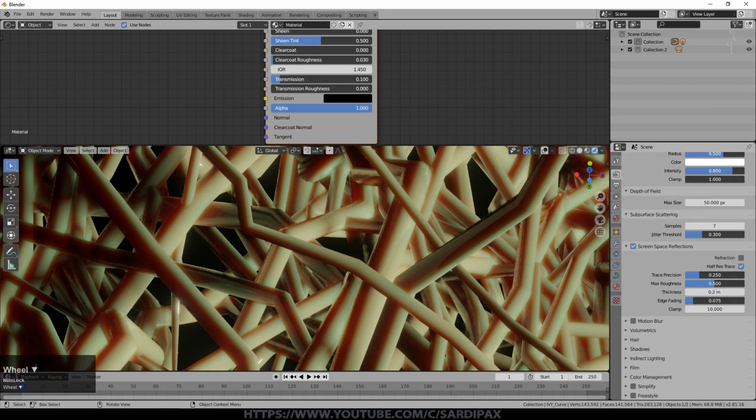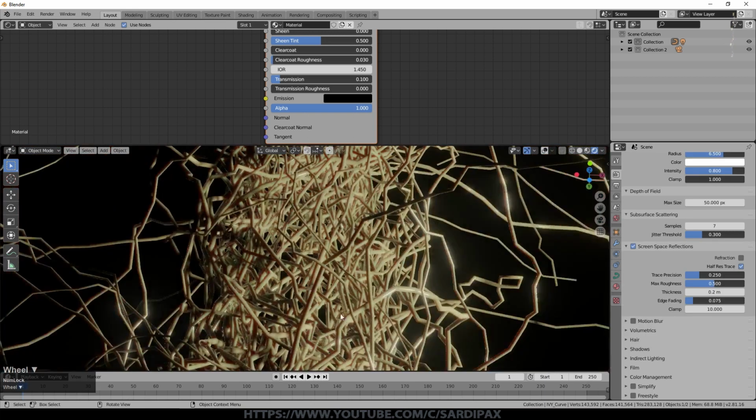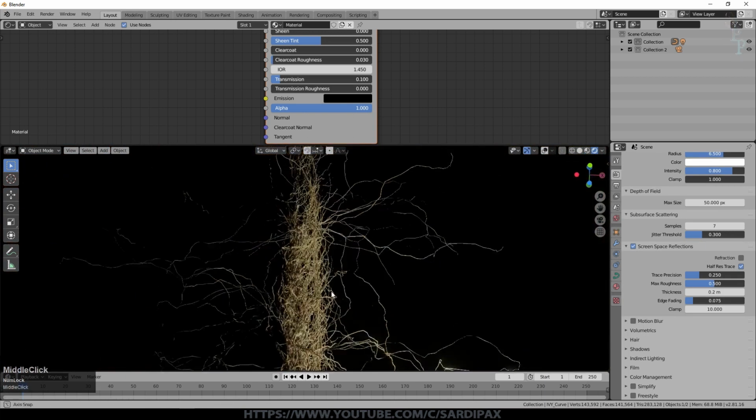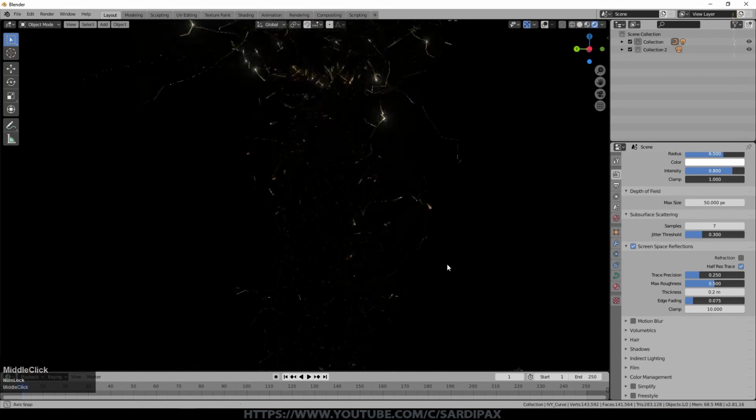For my scene, I didn't use motion blur. I didn't use volumetrics. I did play around with doing some volumetrics, but eventually I didn't use that, and I stuck with the default for the shadows. So having done all that, we can now set up a few lights. So it already looks quite interesting, but obviously needs a little more work yet.